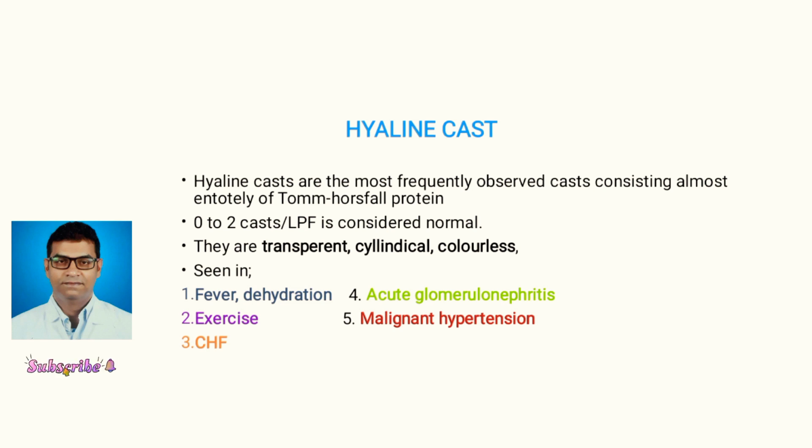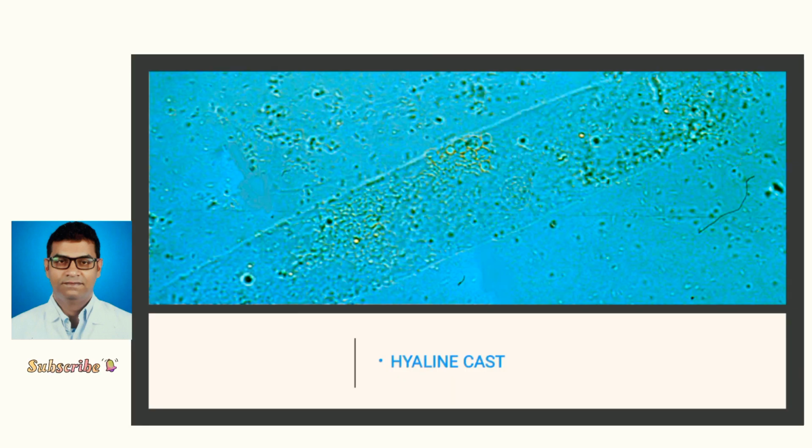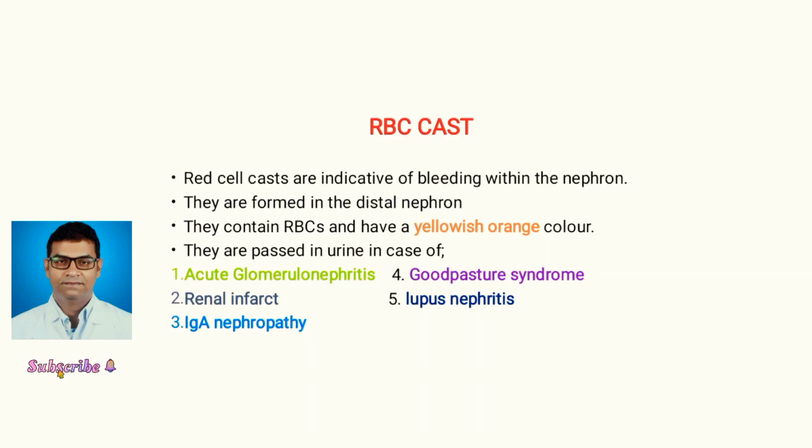They are very transparent, cylindrical and colorless, seen in fever, dehydration, exercise, acute glomerulonephritis, malignant hypertension and congestive heart failure. This is a picture showing the hyaline cast, cylindrical, transparent. Coming to RBC casts, red cell casts are indicative of bleeding within the nephrons. They are formed in the distal nephrons and they contain red blood cells and have a